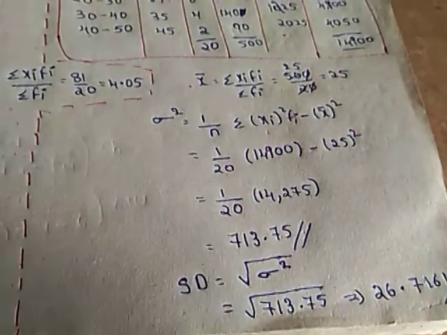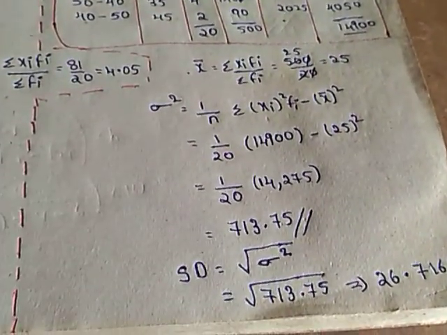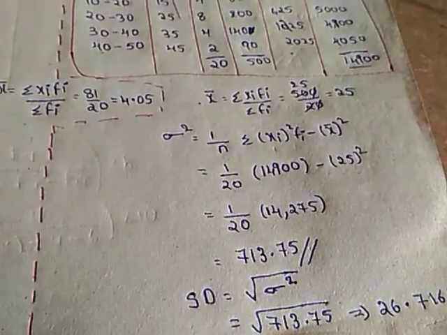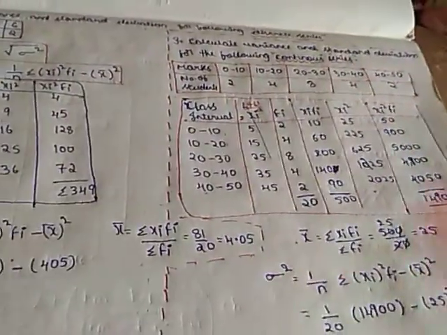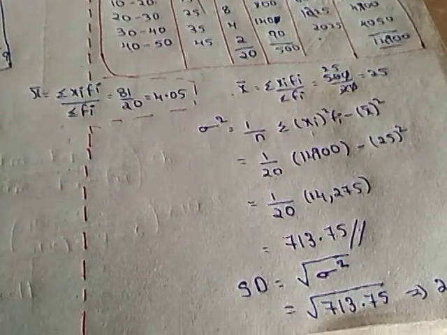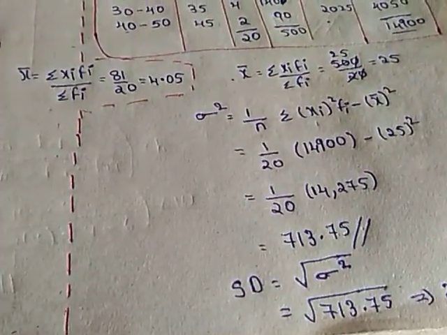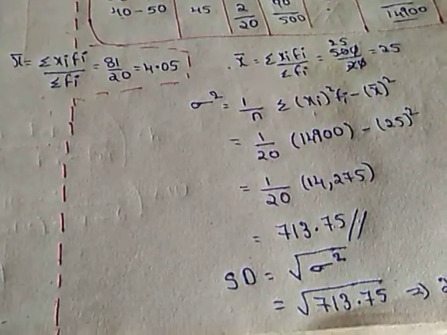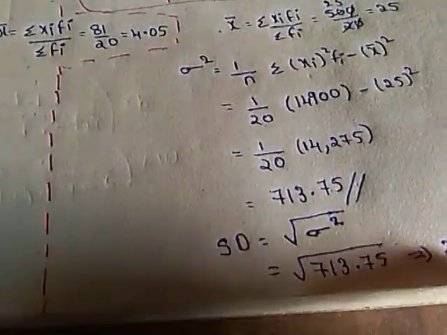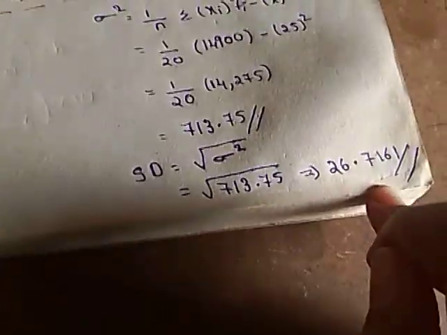If in a question they ask to find variance or standard deviation, first you have to find the variance. For variance, we have two important formulas. One formula is for discrete series and another formula is applied for both continuous series and discrete series. After finding variance, it is very easy to find the standard deviation. Only by applying the root to the variance answer, we'll get the standard deviation answer. Okay.